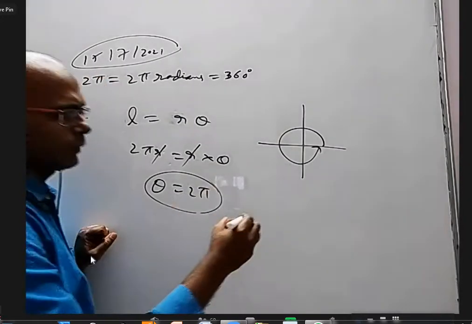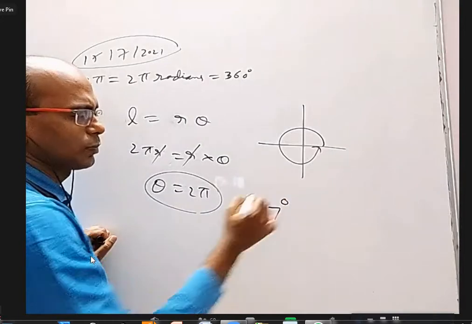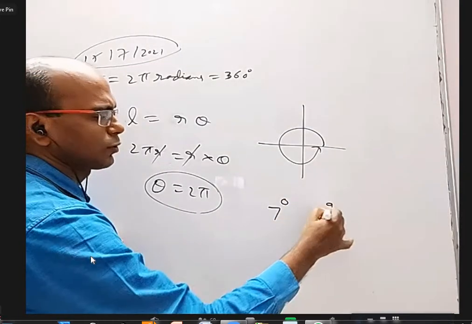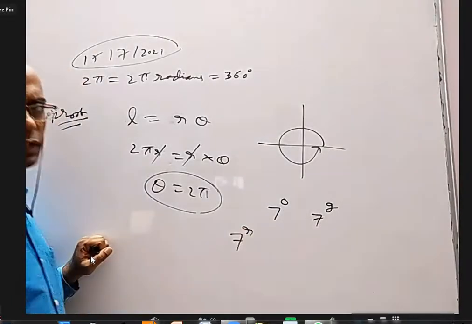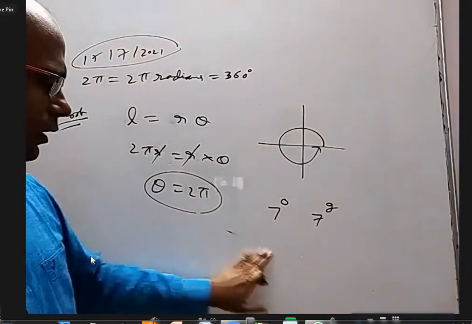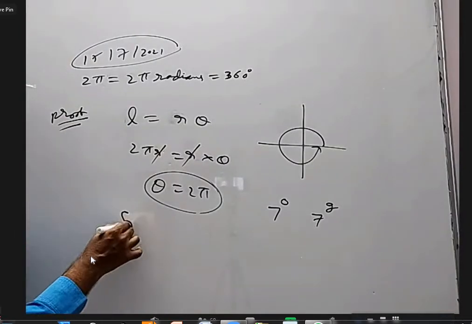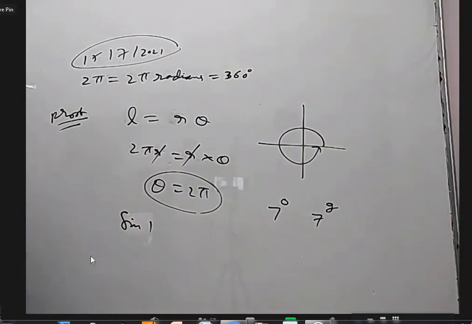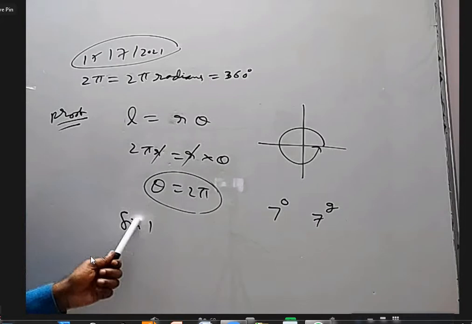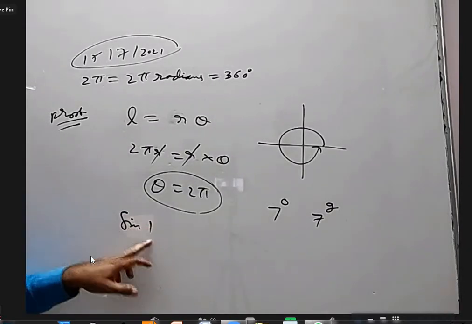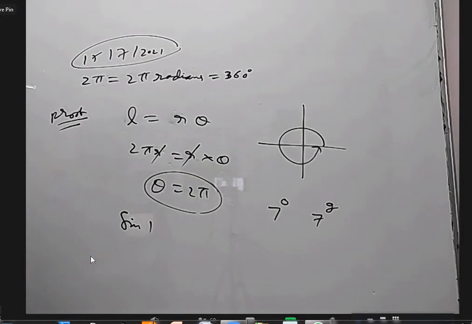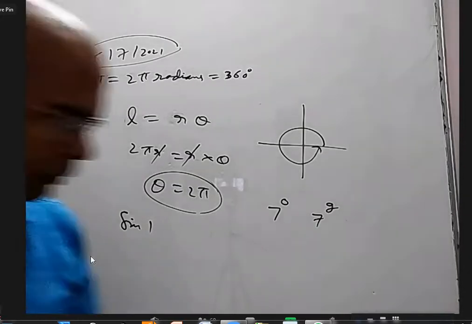One may say for degrees, we put a degree symbol like this. If it is some gradient, we put like this. For radians, is there anywhere we can put r or something such thing? No, nothing is mentioned like this. If we don't tell anything, for example, if somebody asks you about sine 1, it is not 1 degree. If nothing is mentioned, you have to take it as 1 radian by default. So if nothing is mentioned, the default measurement for angle is radian. Is it clear? Yes, sir. Clear.